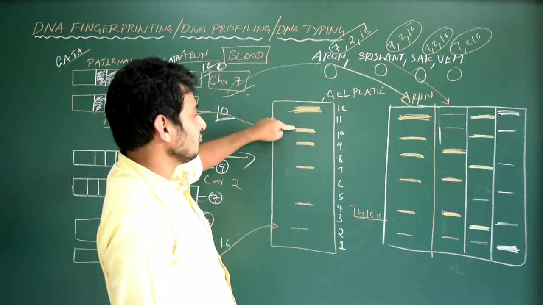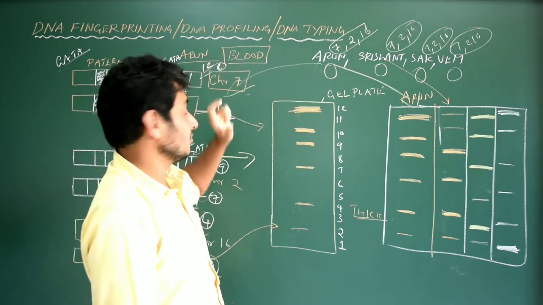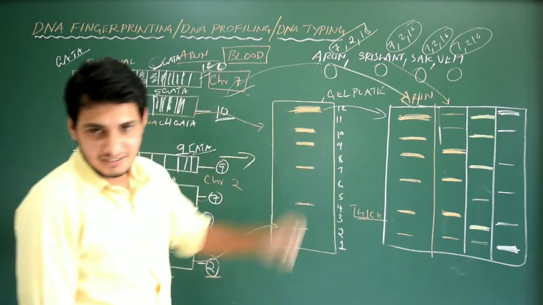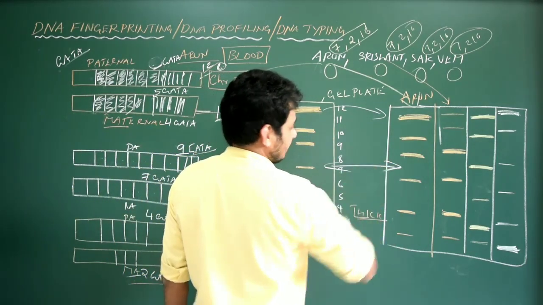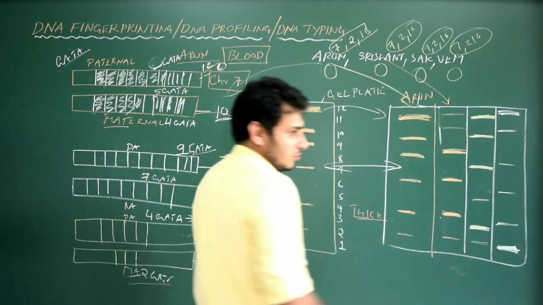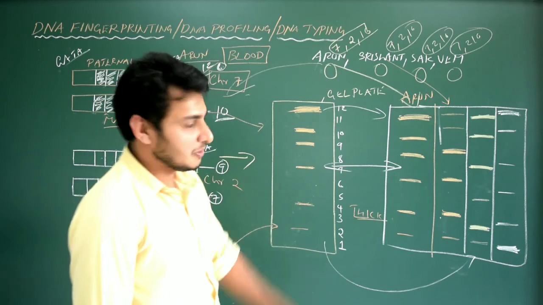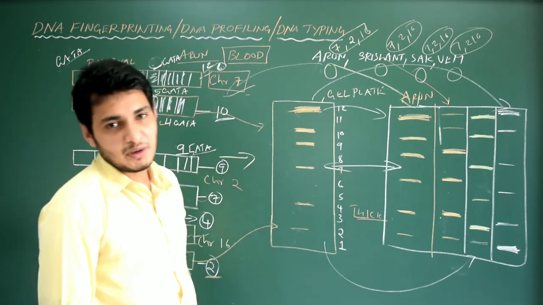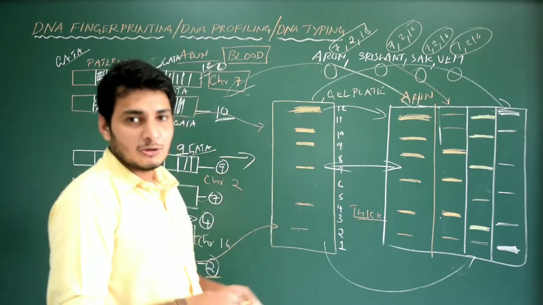Now they have already done the fingerprinting of DNA collected at the crime spot, particularly from the blood. Now they are going to match. See, this is matching. Whereas, see, it is not matching. The band pattern is not matching. Srishant is not matching, so he is not a criminal. Next, Sakshat, he is not a criminal because it is not matching. And then Veman is not a criminal, because it's not matching. Who is the criminal? I am the criminal. That's it. So this is DNA fingerprinting. Now, let me tell you the procedure of DNA fingerprinting.